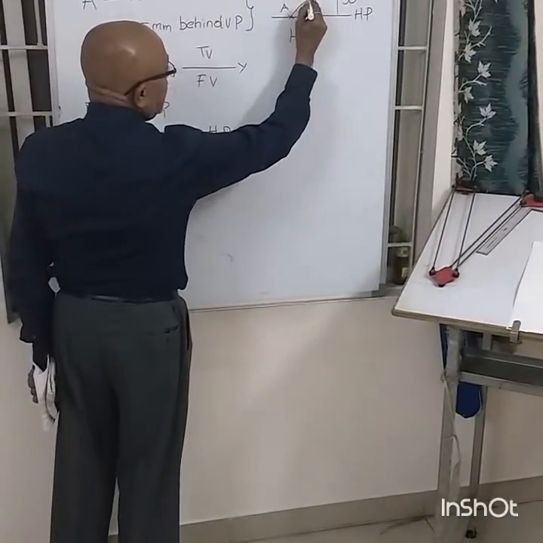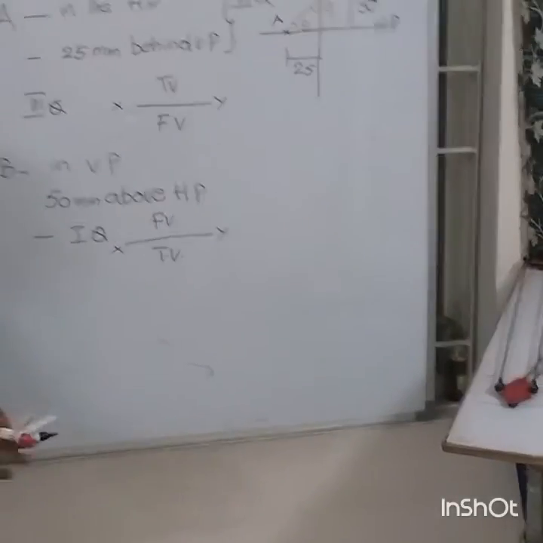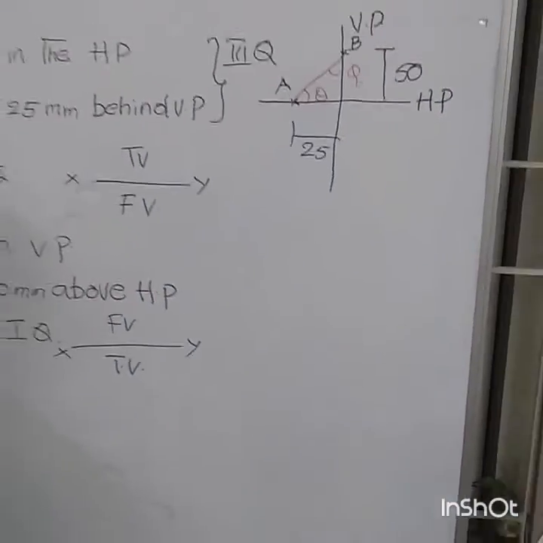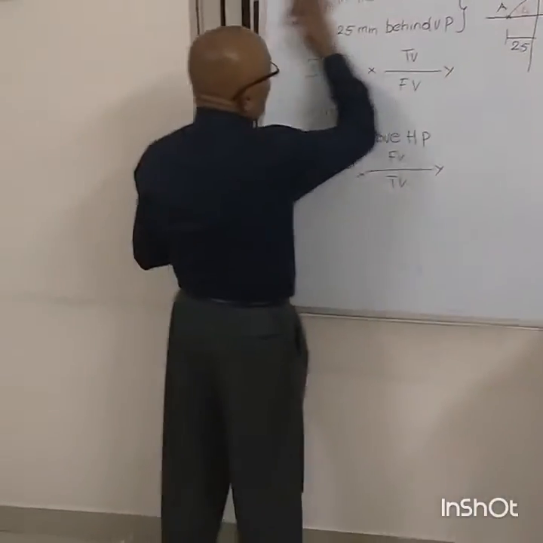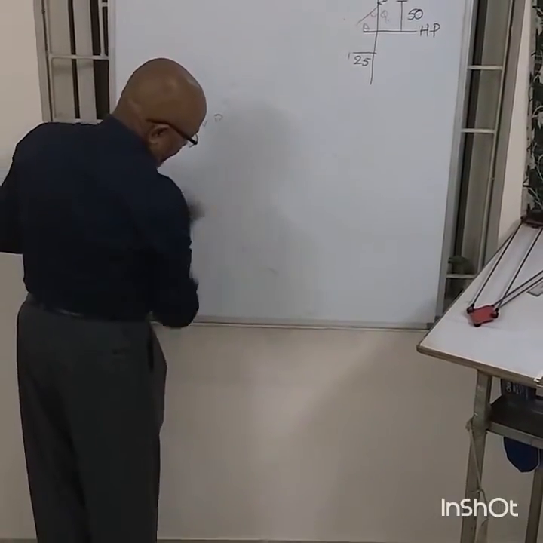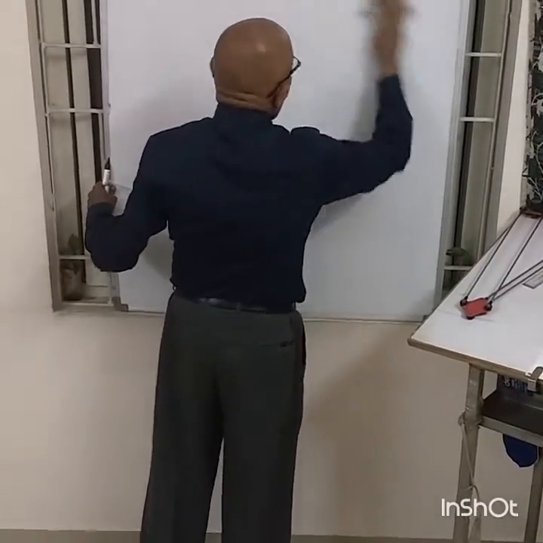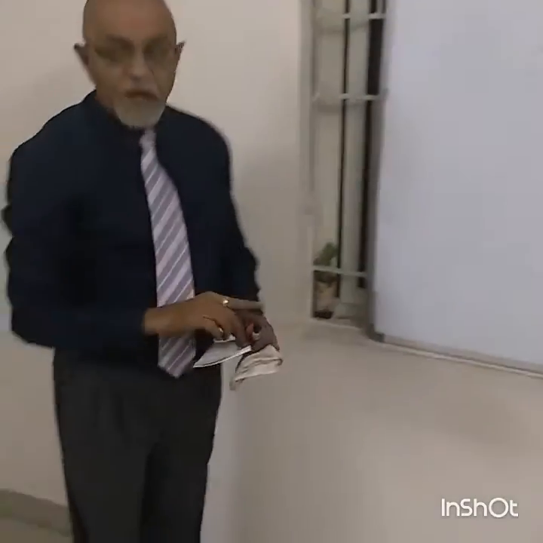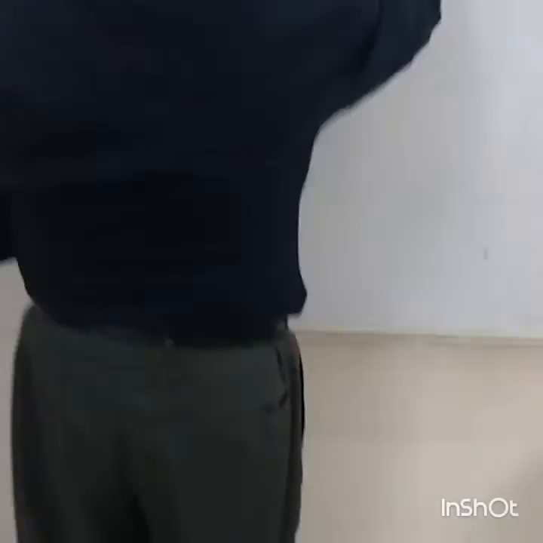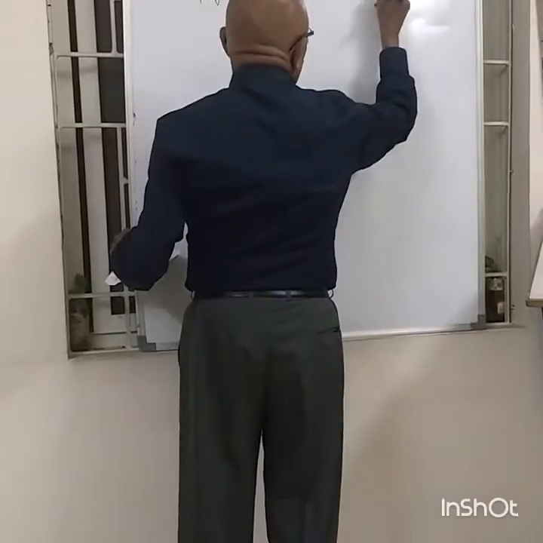Before we take up the actual graphical solution on the drawing sheet, let us try to understand how exactly the front view and top view of the straight line are to be constructed on the drawing sheet. Now, as we all know, in engineering graphics, any dimension, or any distance of an object from the horizontal plane, or any position of the object from the horizontal plane, is always represented in the front view.